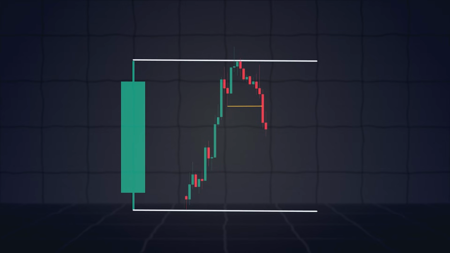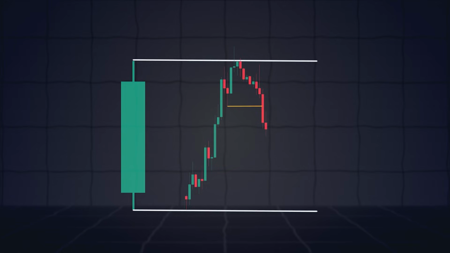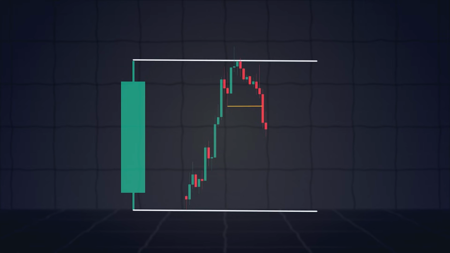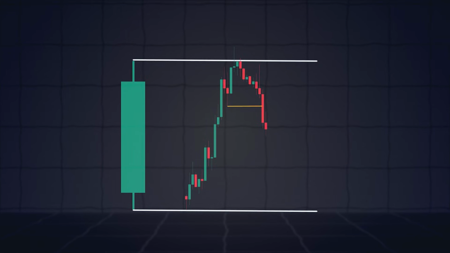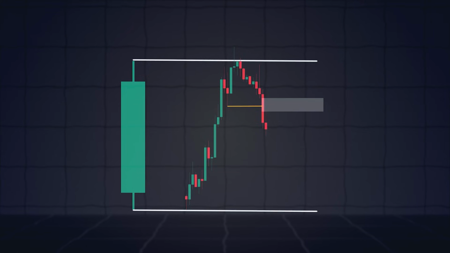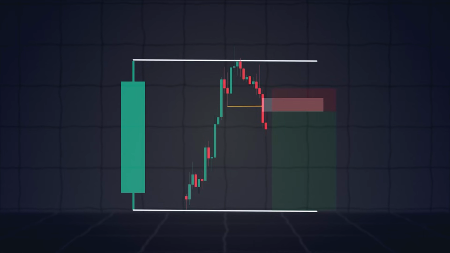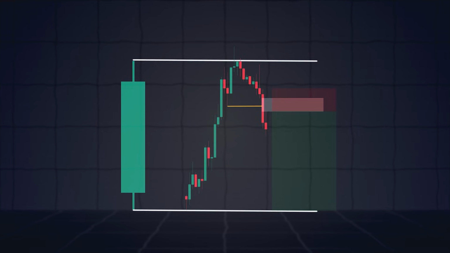On this lower time frame, the key structural confirmation we want to see is a change of character, meaning price breaks below the bullish leg that originally led into the liquidity sweep. This structural break signals emerging bearish strength, which is precisely the type of momentum we want to observe when preparing to enter a short trade. The final requirement is the appearance of a bearish fair value gap formed within the bearish impulse that created the change of character. That fair value gap becomes our point of interest for executing the short position, with the candle range low serving as the primary downside target,